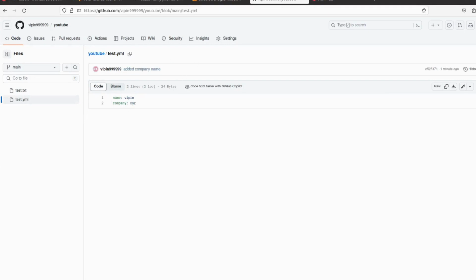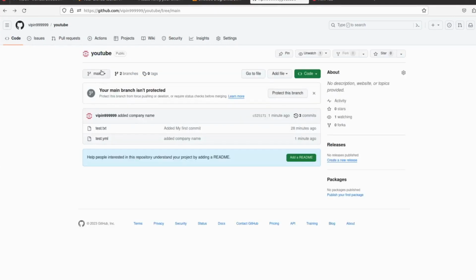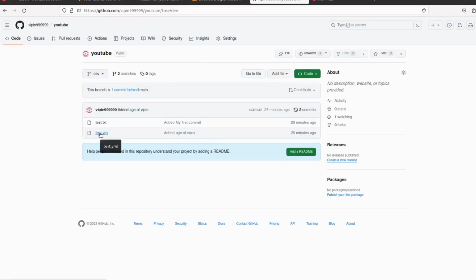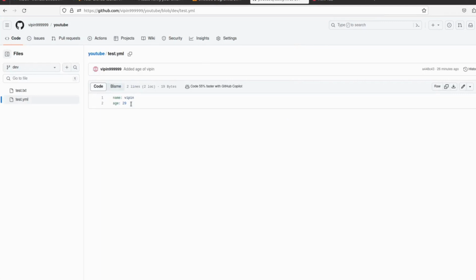After reverting, we added the company and pushed to this main branch. Let's change the branch to dev, and you can see age 29 is available here. So this is the way you can work with GitHub.